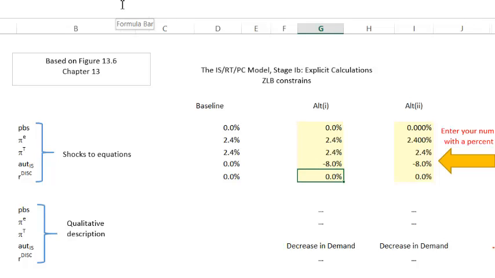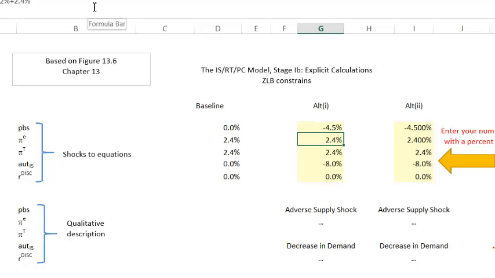So expenditures are lower than they would normally be, and our consultant has estimated that to be about 8%. In addition, there are some rigidities that are keeping the inflation rate up and preventing the economy from going to full employment, and our consultant has calibrated this to be an adverse supply shock,